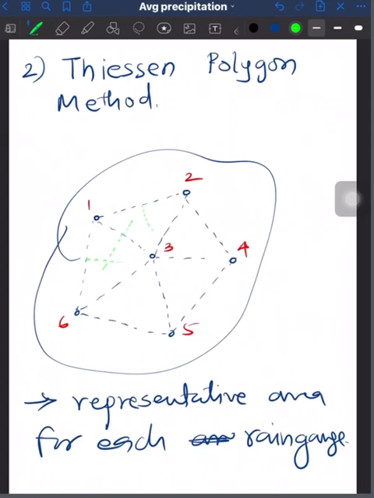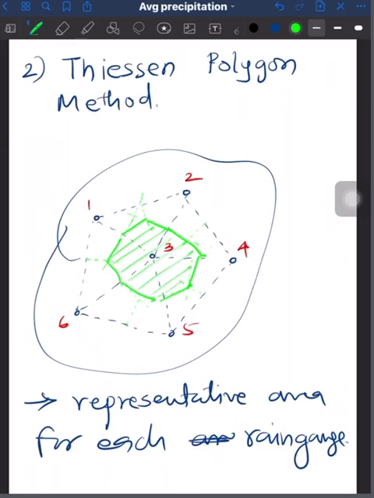These perpendicular bisectors form the catchment polygon. So likely we get an area something like this. The area which I have shaded with the green color is